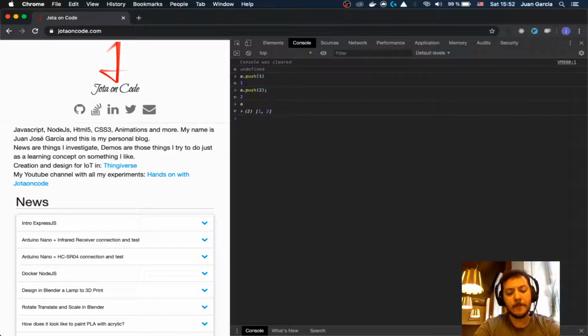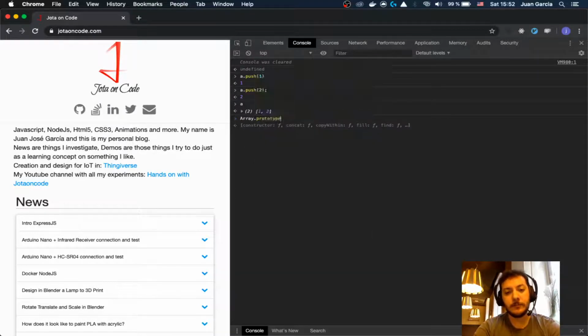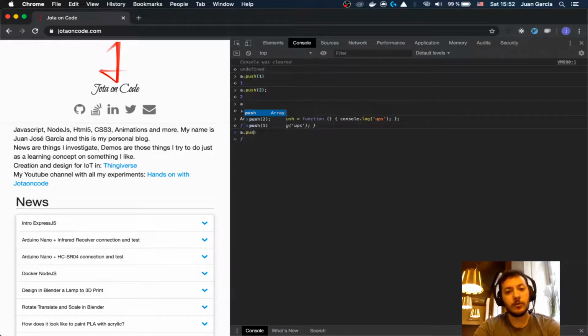Now this is okay, but let's say that we are going to change the prototype of the big Array, which is going to be a function, and this array is actually no more and no less than just one more of these arrays with big A. So my a is one more of these arrays that you have in the system, and I'm going to change it to "oops," and then you say a.push(3), and now